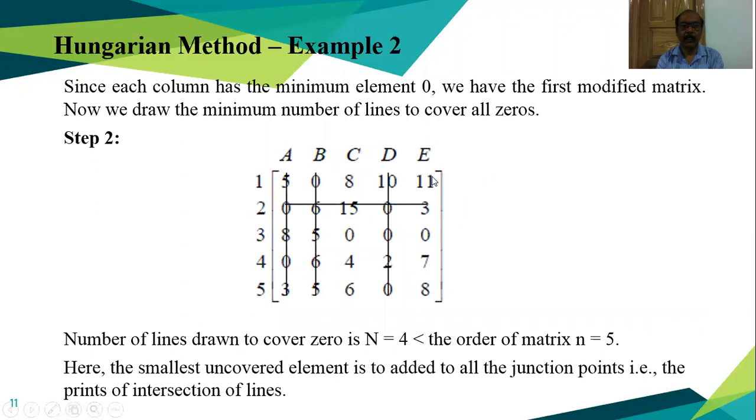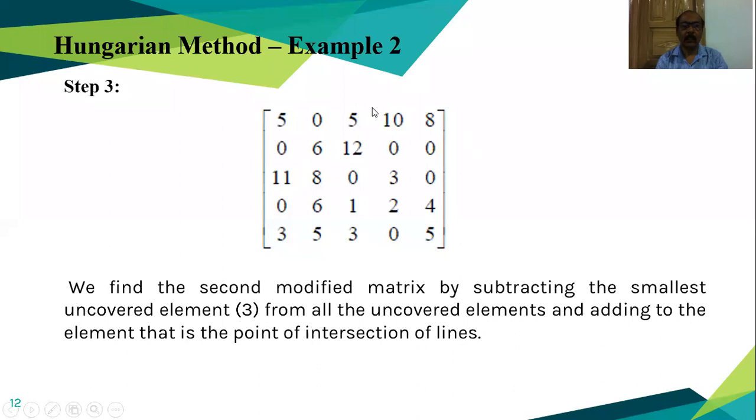This is 11 decreased by 3, 8 decreased by 3. So this is our modified cost matrix. Again, we have to draw the horizontal and vertical lines. So in this case, see, mark it and draw the lines. That is the 3 0, leave it. That is the 2 0, leave it. That is the 1 0. Mark it and draw the lines. In this case, 1 0. Mark it and draw the lines.